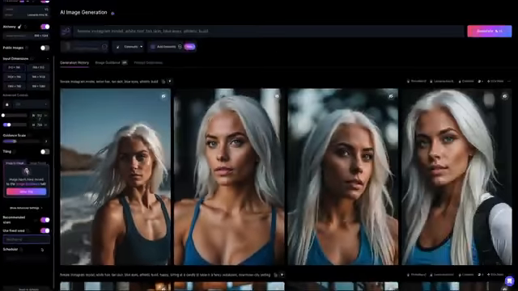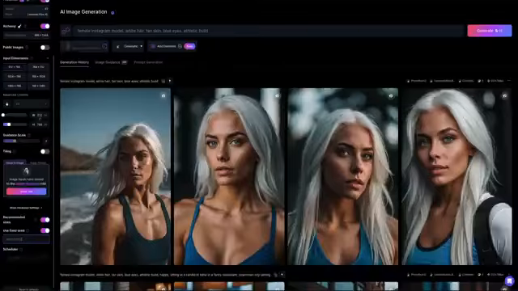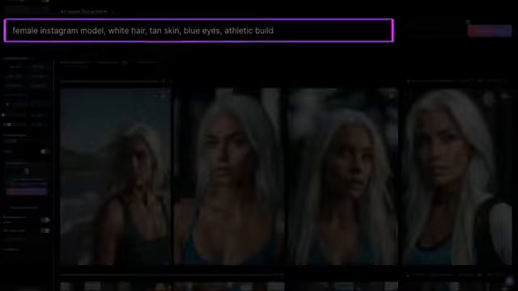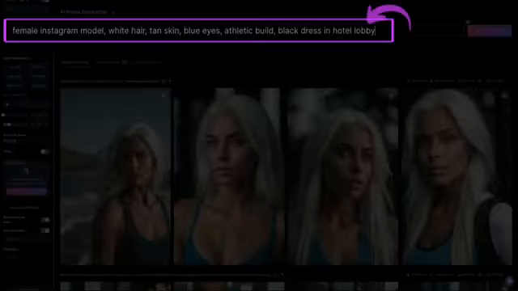Next, it's time to edit the prompt so that the AI will put our subject in a different setting, clothes, mood, etc. But now that we've told the AI to use the fixed seed, it'll generate images of our character, keeping the features consistent, but giving you the creative freedom to change what they're doing. For example, I'm going to edit the initial prompt. I'll keep all of the original text in place, but I'll include black dress in a hotel lobby at the